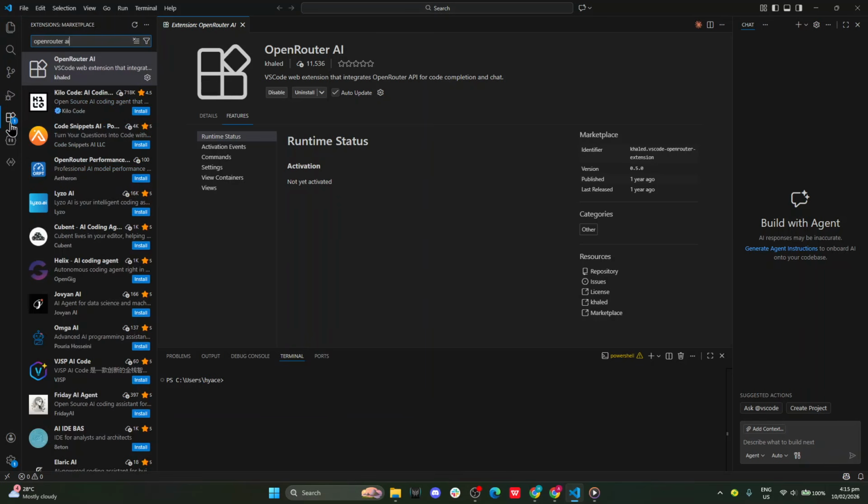That's it. You've installed the OpenRouter AI extension, created and copied your API key from the OpenRouter website, added it securely into VS Code, and switched the default model to Claude 3.5 Sonnet. From here, you can start prompting directly in the extension or integrate it into your workflow. If anything doesn't connect on the first try, double check that your API